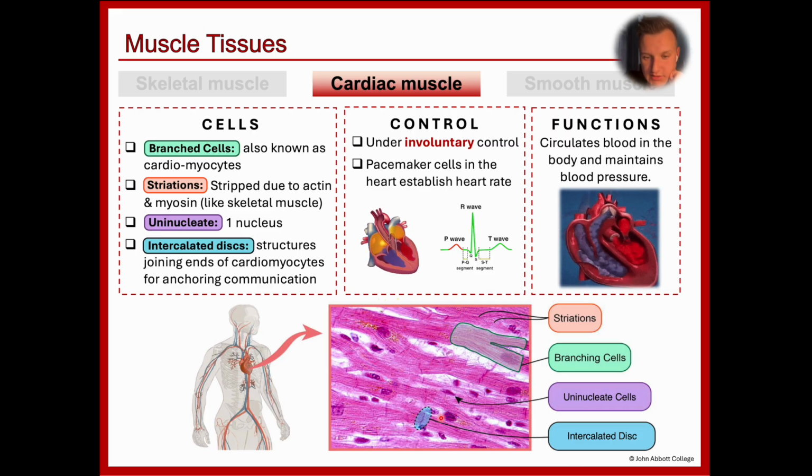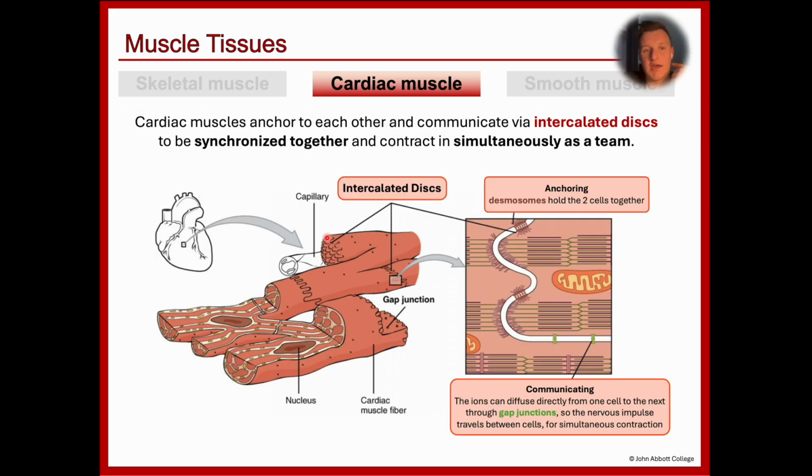So again, let me just go through the histology here. You see striations that are here. They're not the best. You see branching. These cells are branching into two. You see one nucleus per cell. And you see the intercalated disc zigzags between cells. That's how you know it's cardiac muscle tissue. As I said before, cardiac muscles are anchored to each other and communicate via these intercalated discs to be synchronized